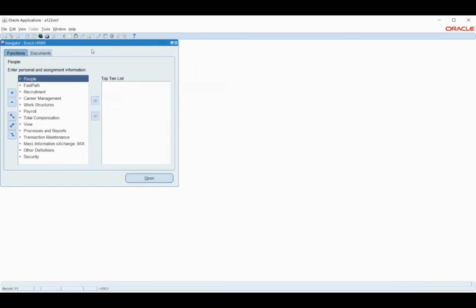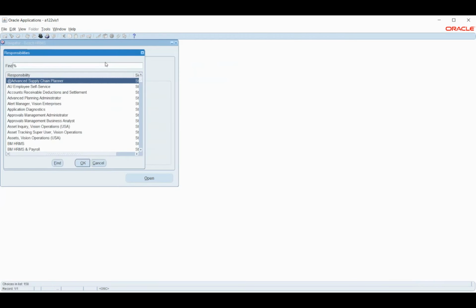A lookup is nothing but a utility given by Oracle which we can use to capture information wherever we don't have values or we don't have the option to create it in the backend. For example, let's say I want to capture the person type or additional input. How do I capture that information? Firstly, let me take the lookup and I'll show you there.